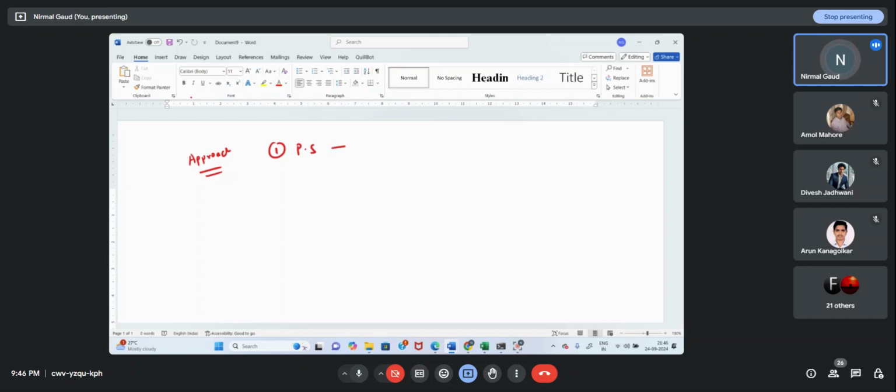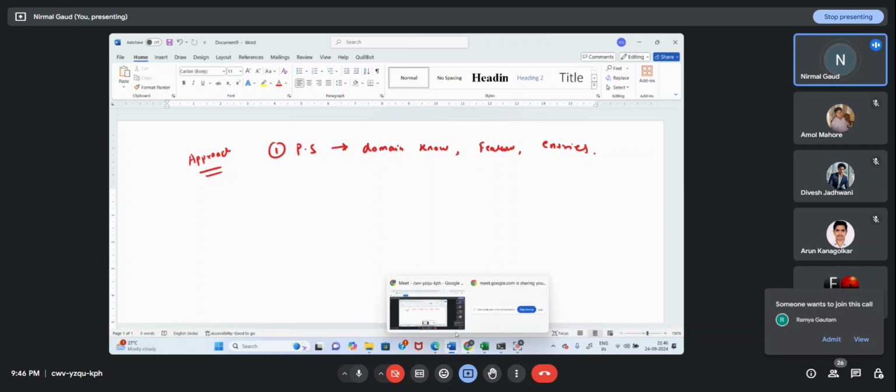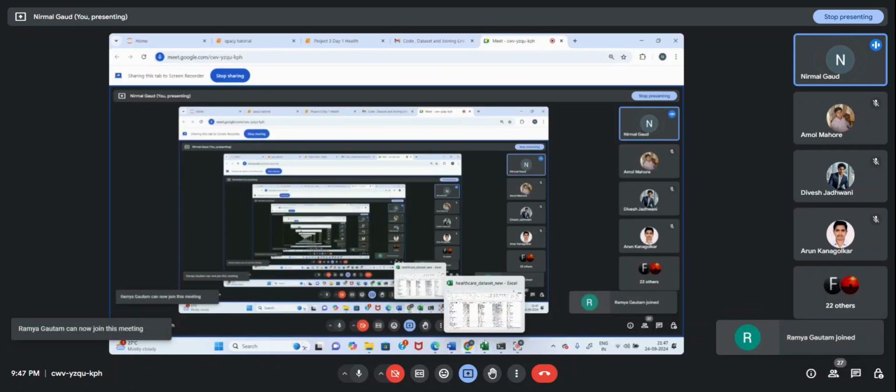Here I talk about the initial details, that is the domain knowledge. I should have domain knowledge. I should have knowledge about the features present in the data, and what kind of entries are present in the data. Only then can I consider that yes, you are a data scientist. Unless you have that knowledge, it will be a challenging task. So with this introduction and knowledge of all these things,